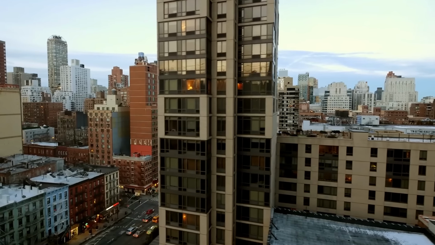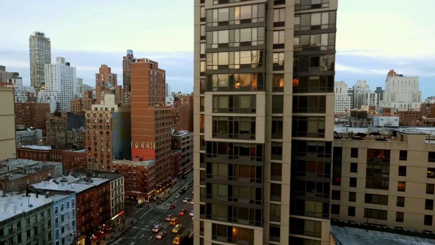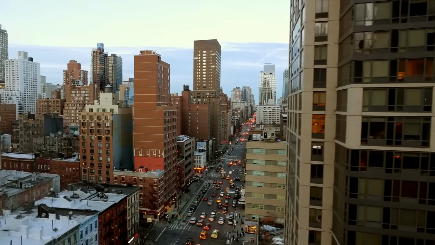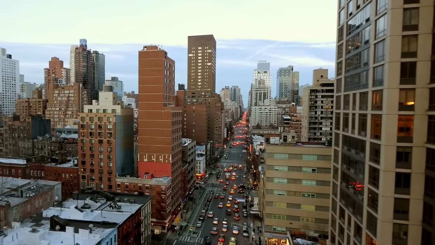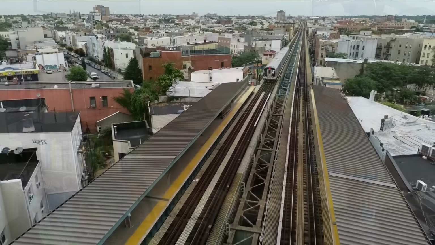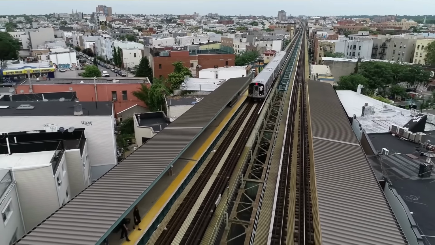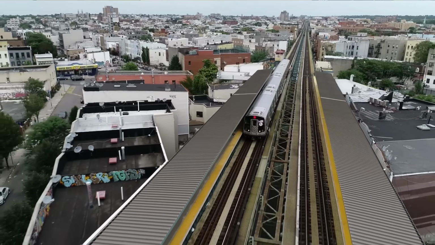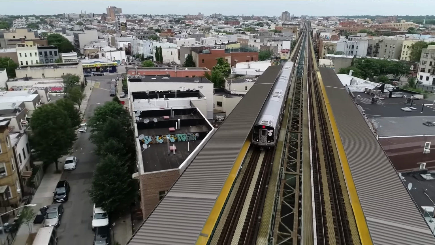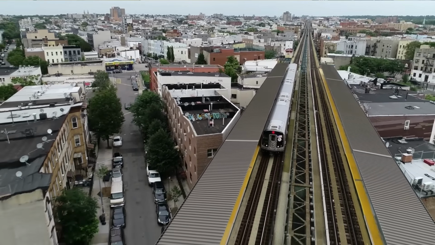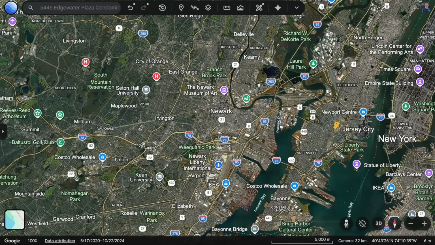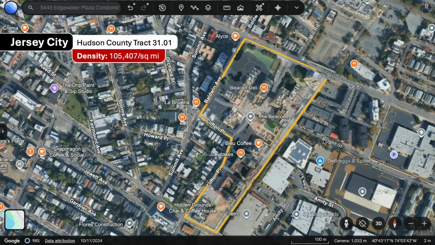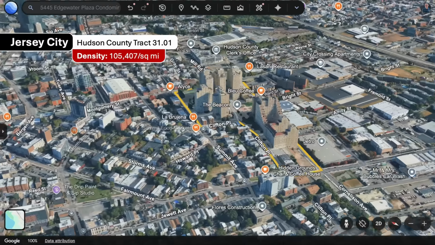So number one is New York, and when it comes to density, the New York metro area is an absolute outlier in the US to a level that I find absolutely fascinating. So we're going to spend a bit of time here before I show you the number one most population dense census tract in the US. 861 of the 1,000 densest tracts in the country are in the New York City area. 29 of them are in New Jersey, the densest of those being Hudson County Tract 31.01 in Jersey City, which